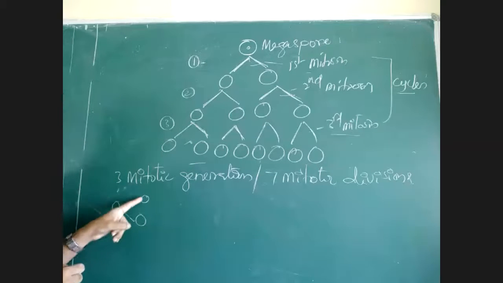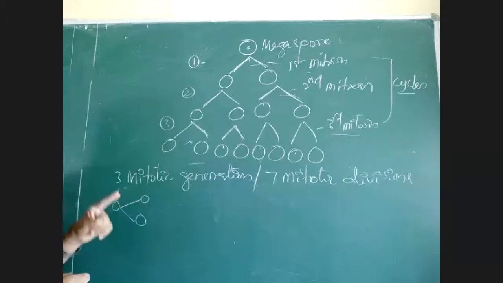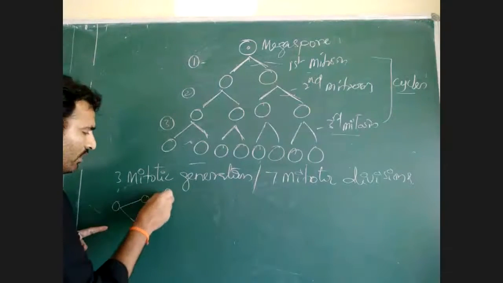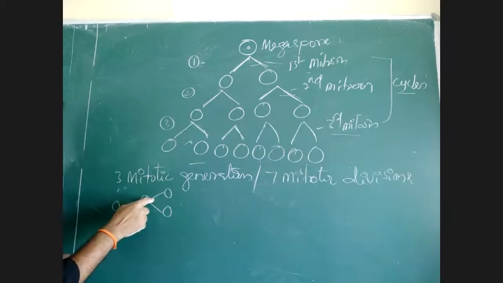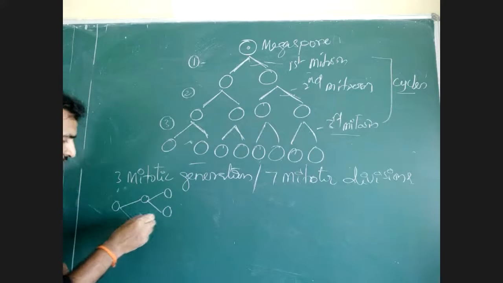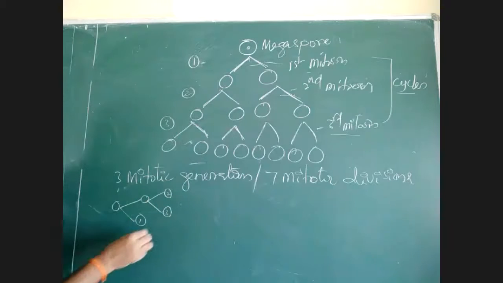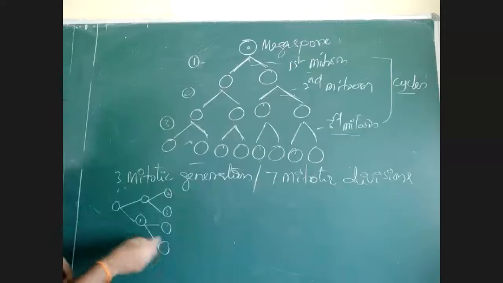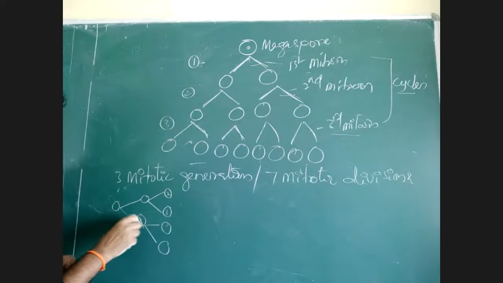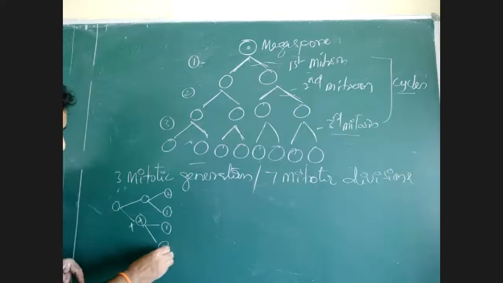So that 1 cell is divided into 2 cells. 1 division is taking place means there is an increase in the number of cells by 1. 1 more mitotic division means 1 more cell will form. Now here 1 division, 2 divisions took place. Here 1 daughter cell is formed, here 1 daughter cell, here 1 daughter cell. Totally 3 cells are formed. One more division taking place means one more cell will form. Now this is not a daughter cell. This was again divided. So 1, 2, 3, 4. 4 cells are formed.